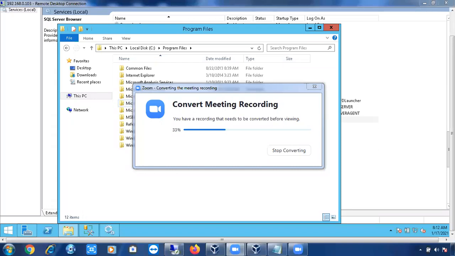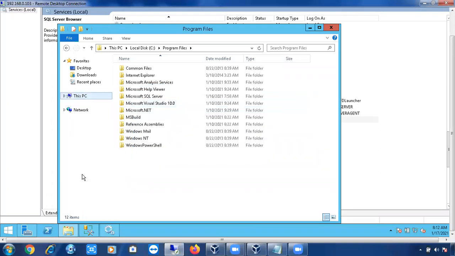Right. So whenever you install any software, not only SQL Server, a folder will be created in the C program files with the name of that software. Even if you install an antivirus software, Avast, a folder will be created for Avast in the C program files. In the same way, whenever you install any software, a new folder will be created with that software name in C program files.